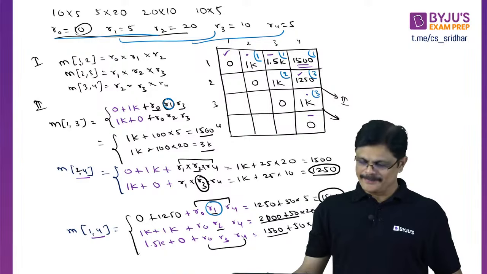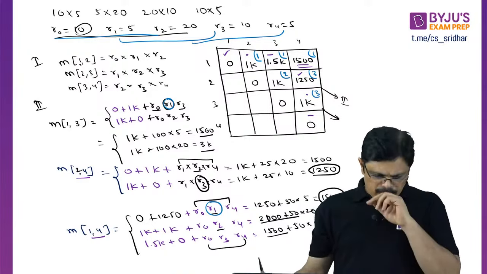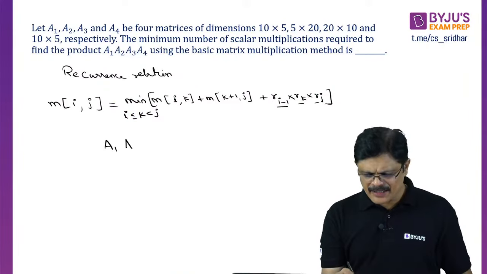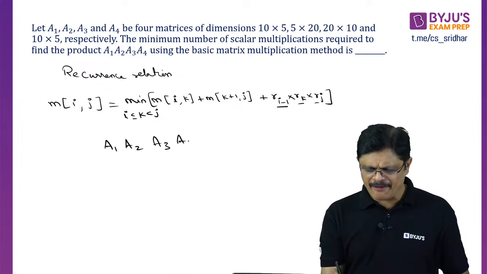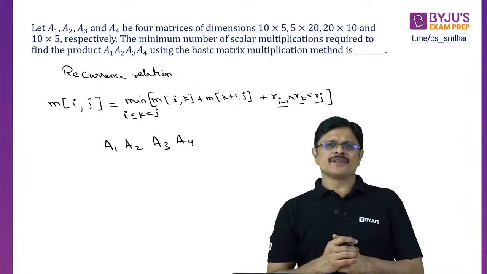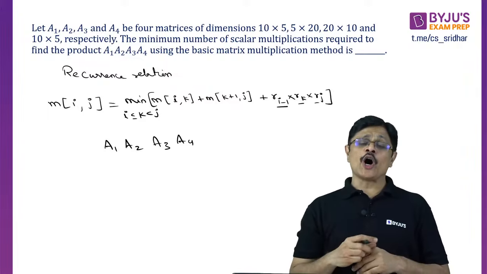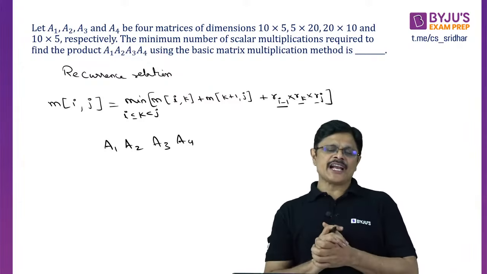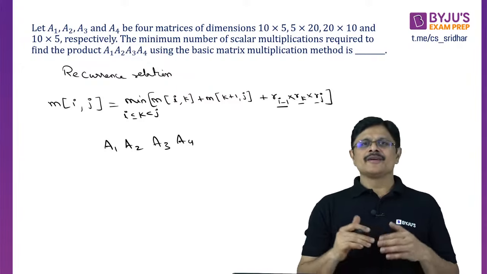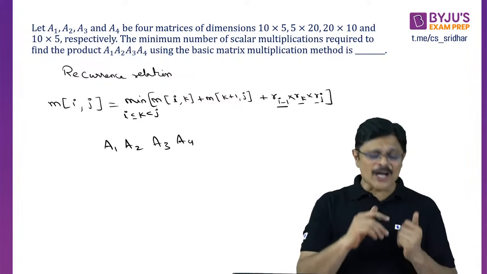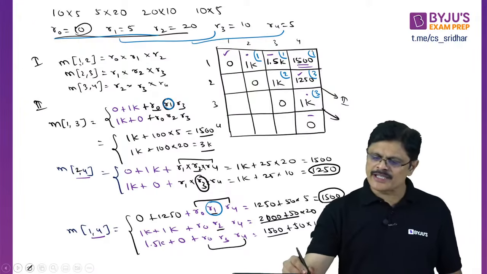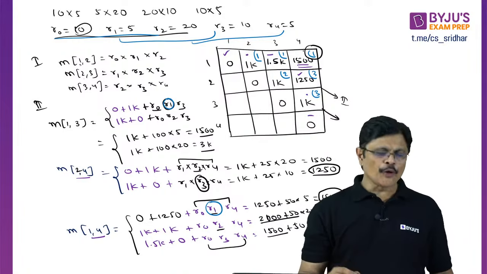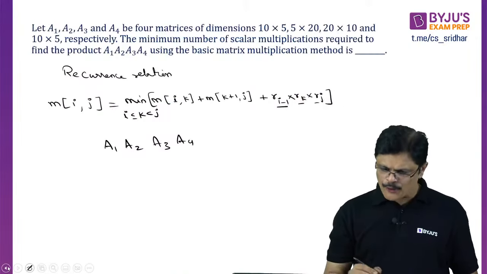So what is the answer? 1500. If you have these matrices A1, A2, A3, A4 to multiply, of course different orders are possible. The order in which you get the minimum number of scalar multiplications gives the answer 1500. What is the order? Now, if you want to know the order, you have to see this, my dear friend. These corner numbers play a very important role. That is, 1 to 4 you are dividing at 1.